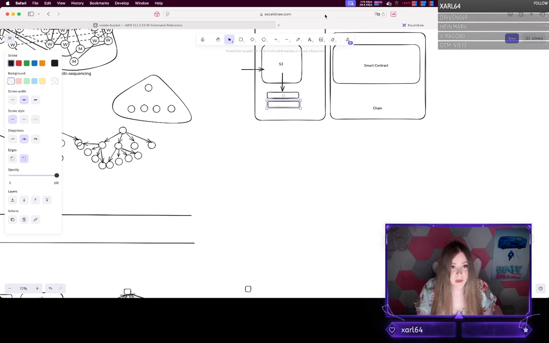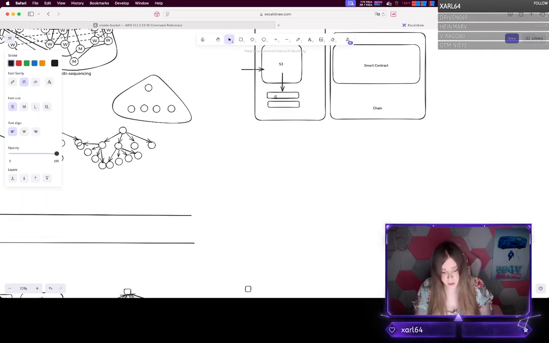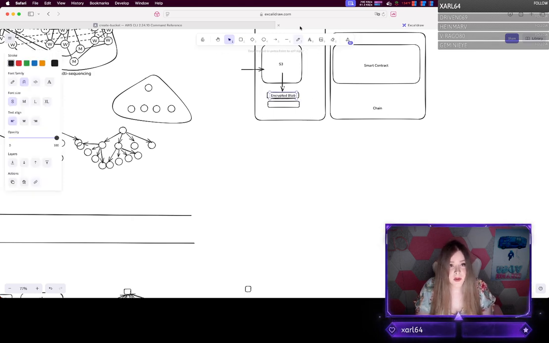In this structure, you have the actual encrypted blob, and then you have the associated proof data that comes from it.